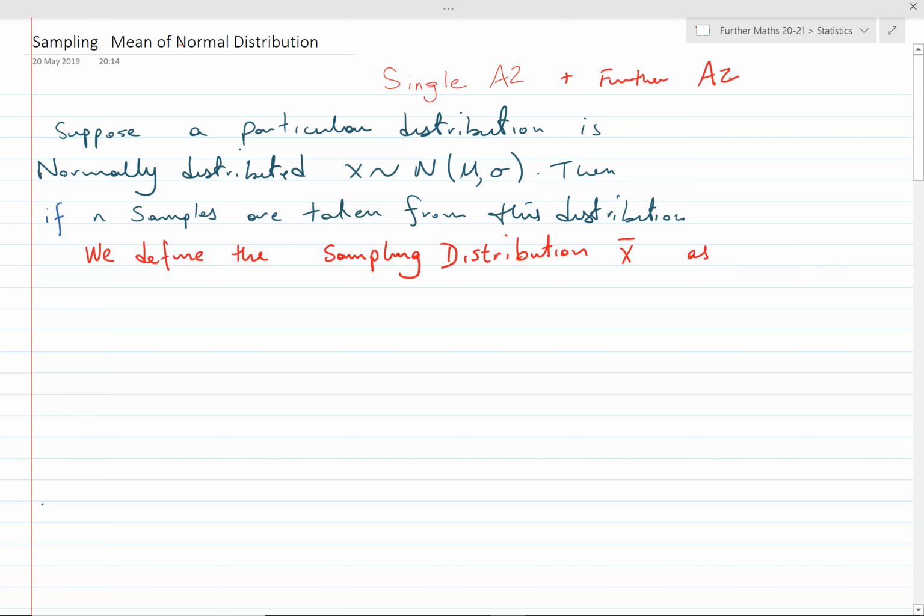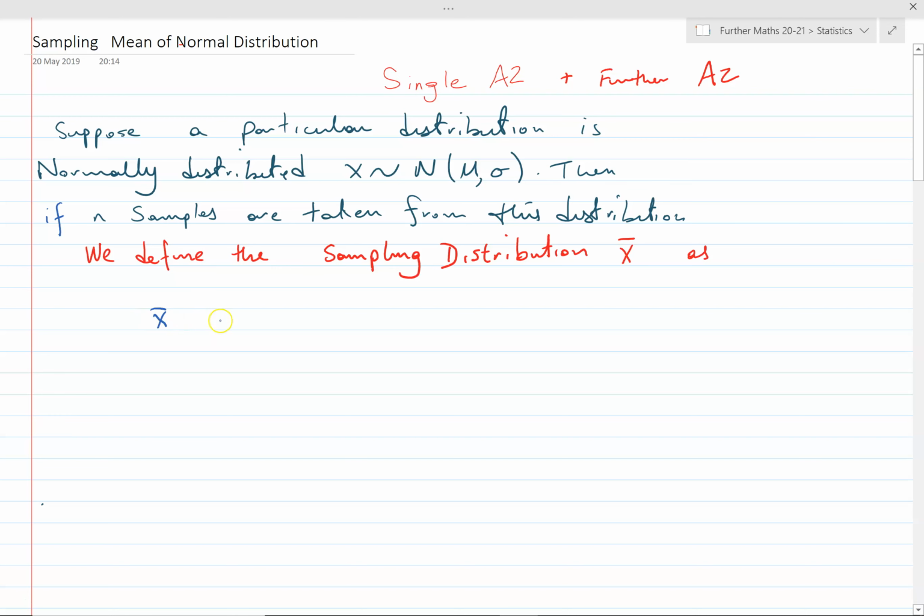We're going to do a little bit of a proof, sorry, and I'm going to do a little simulation, because sometimes with stats it's easier to visualize things intuitively if we do simulations rather than the pure mathematical approach. So what we mean by the sampling distribution of x bar,